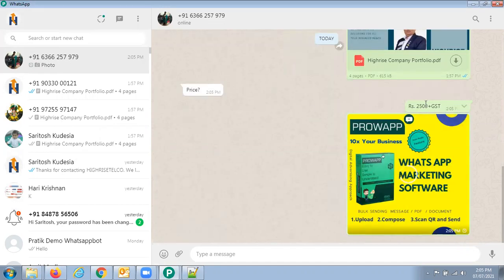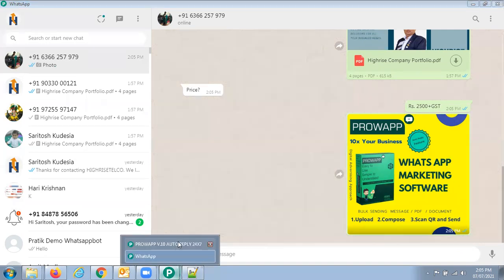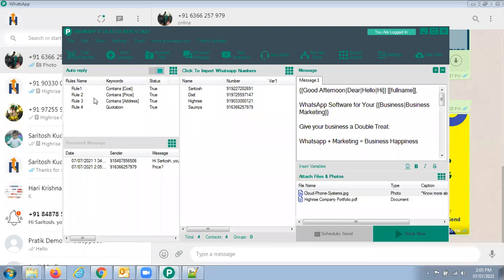So you see, you will automatically get the revert with one image, right? This is helping you to be more responsive to your clients, because normally we see that 90% of the customers' questions are the same. Only 5 to 10% of questions we need to answer in person. Only for the person who sends a message saying price or cost or address or something like this, only for that particular person it will be replied.